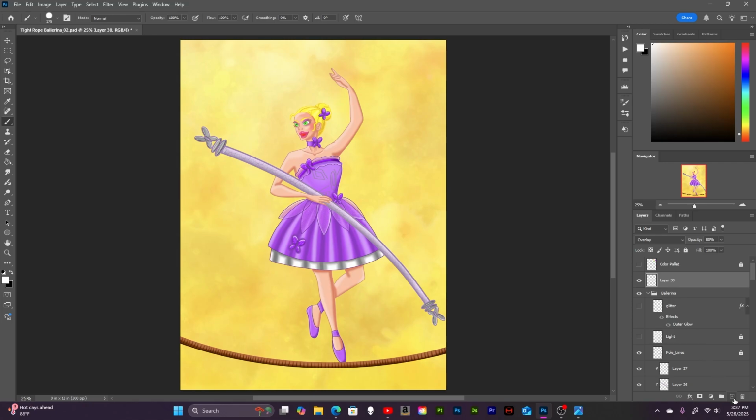which you can do right here by pressing the little plus sign and it will automatically create a layer for you. I'm going to do this on top of my character here, so it looks like the light is shining onto her. And I'm just going to start with your brush